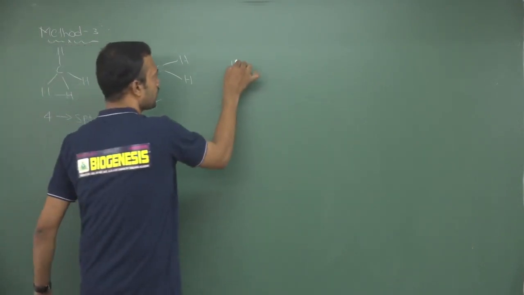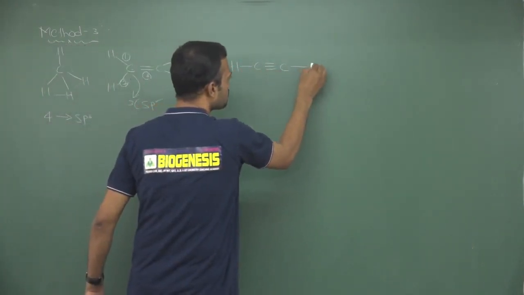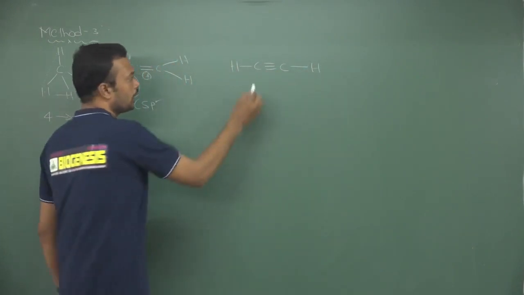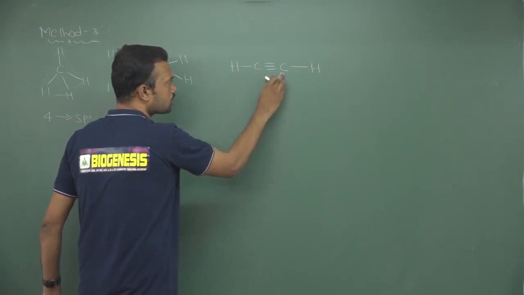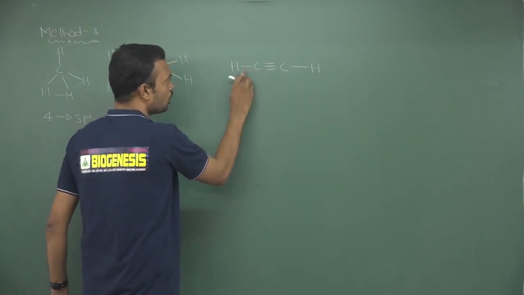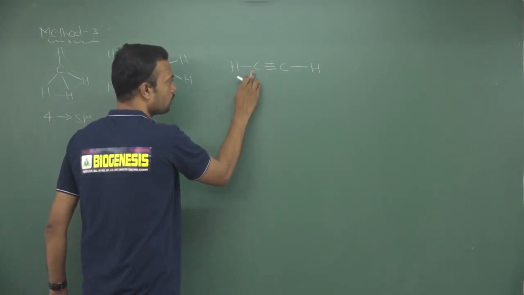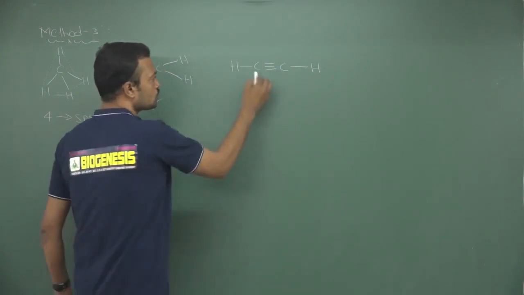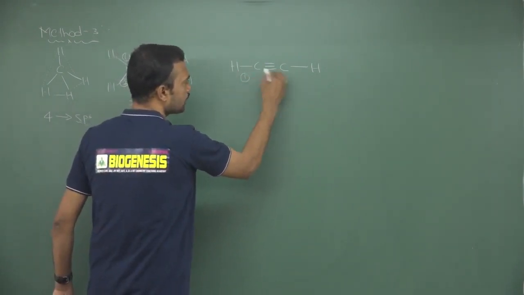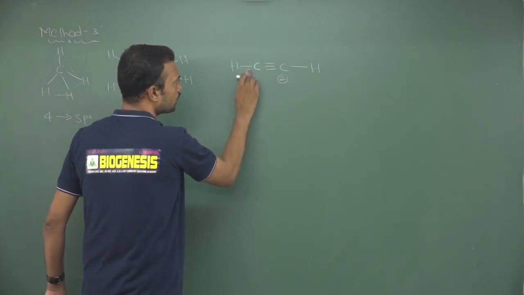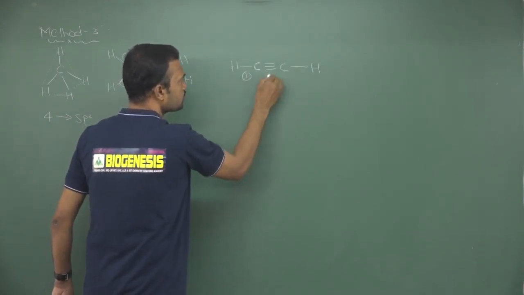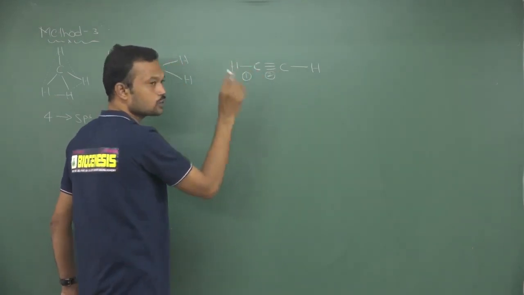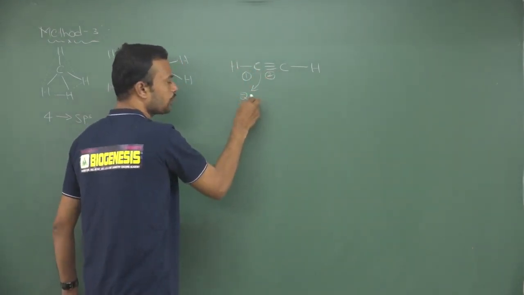In the same way we can calculate like this. See, a carbon carbon triple bond is present. Around this carbon 2 bonding interactions are present: left side with hydrogen, right side with carbon. Left side with hydrogen, how many electrons are there? Only 1 electron, that is one pair. Right side 6 electrons are there. So this is one pair and this is the second pair. Around this carbon, left side 2 electrons, right side 6 electrons. 6 electrons is one pair, 2 electrons is one pair. Total number of pairs is 2.